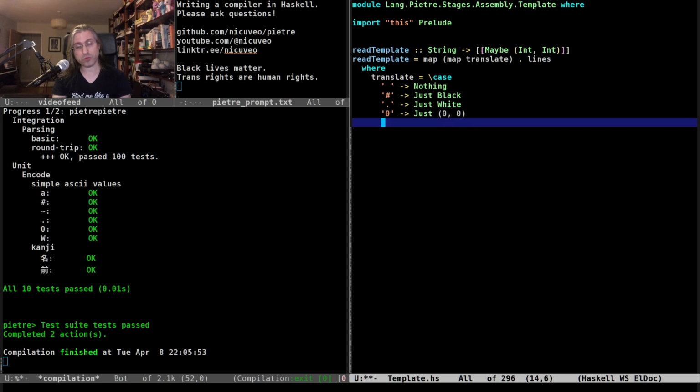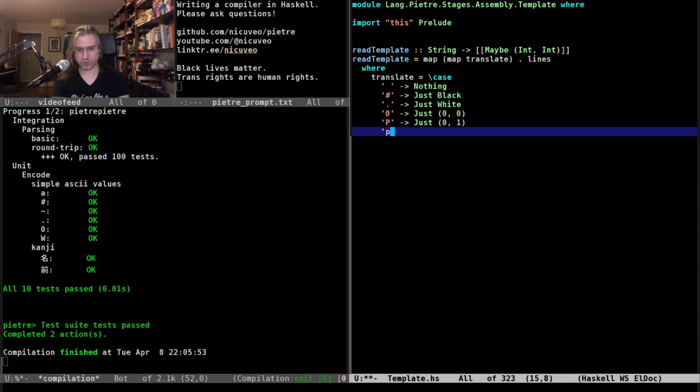And now we need to define what characters we want to associate with each instruction. We have push and pop. Do we do like uppercase p, lowercase p or something? Like this is a push, and this is a pop. That's probably going to be confusing.